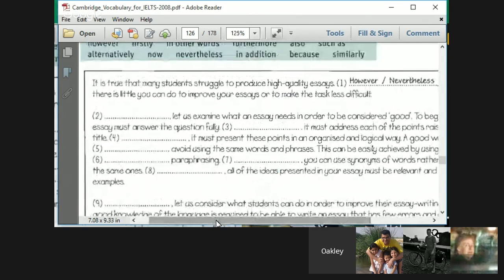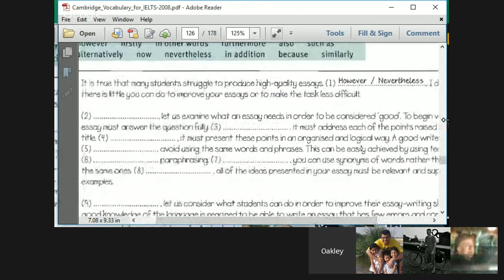Yeah, maybe this will make it a little. This can be easily achieved by using